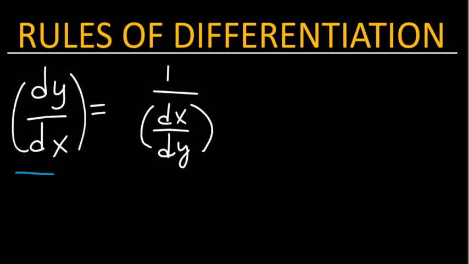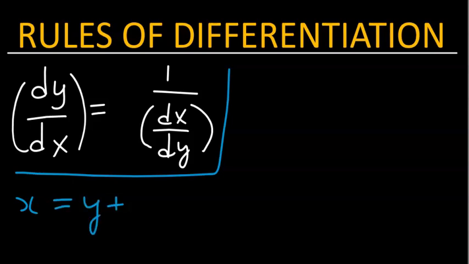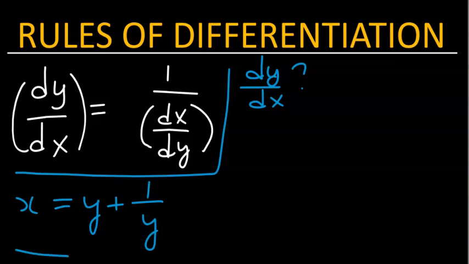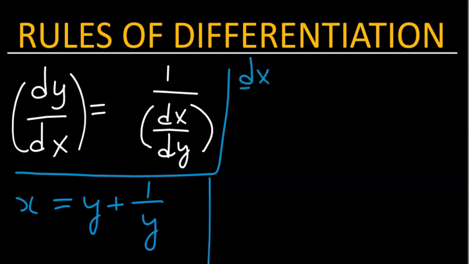Let's assume a function is given in the following form: x equals y plus 1 over y, and you want to find dy/dx. Because the form of this function is such that it's easier to find dx/dy instead of dy/dx, and we can use that to find dy/dx, we shall proceed to determine dx/dy first. So dx/dy